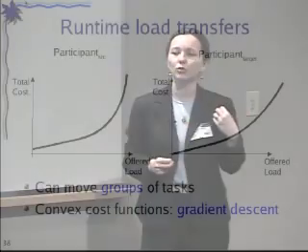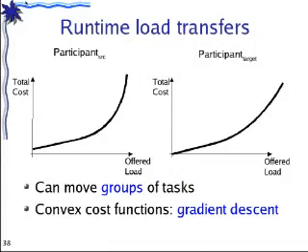So overall, our approach is the following. We assume that offline, participants talk to each other and negotiate these contracts. And a contract can have various clauses. But most importantly, what we require is that the participants negotiate a fixed price for each unit of load. At runtime, a participant will only move load to its partner, and the partners will pay each other this pre-negotiated price.